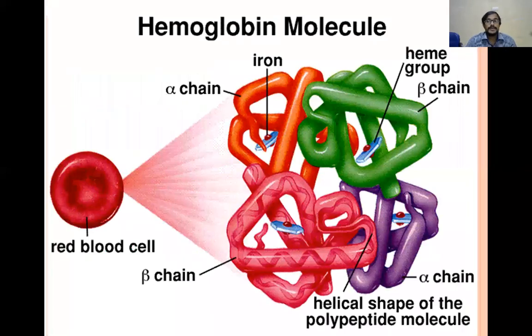So where is this heme present? So this heme is present in the hemoglobin. We know hemoglobin is made up of heme and globin chains. Okay? And we know that hemoglobin is present in the red blood cells. So red blood cells contain hemoglobin and hemoglobin contain heme and globin. Okay? We know hemoglobin is made up of different globin chains, 4 globin chains, and each globin chain will be having a heme group. So there are 4 heme groups present in the hemoglobin.